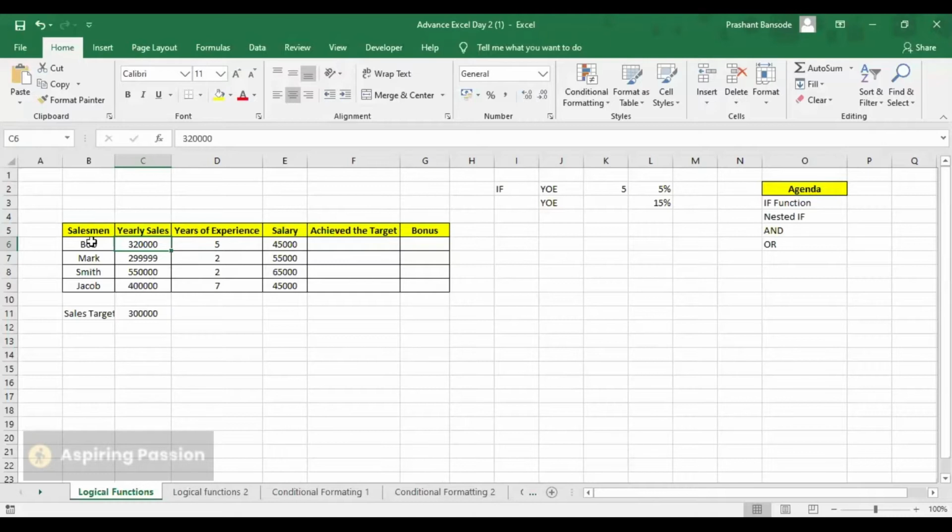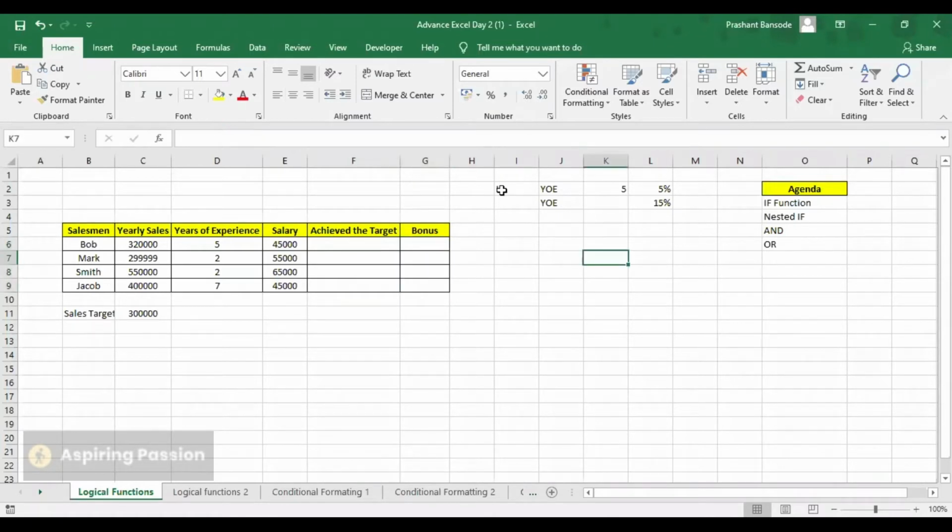I have the sales representative's name, and I have their yearly sales, years of experience, and salary. Now my objective is primarily to understand whether they have achieved the target. That's my first objective, and then I will understand what bonus they are going to get.